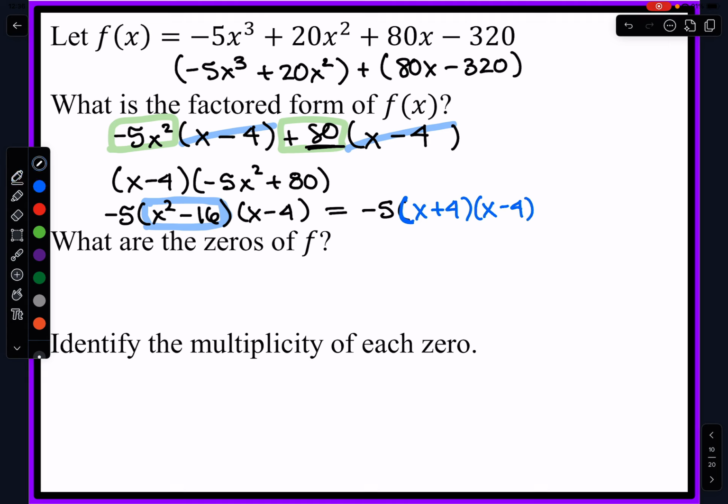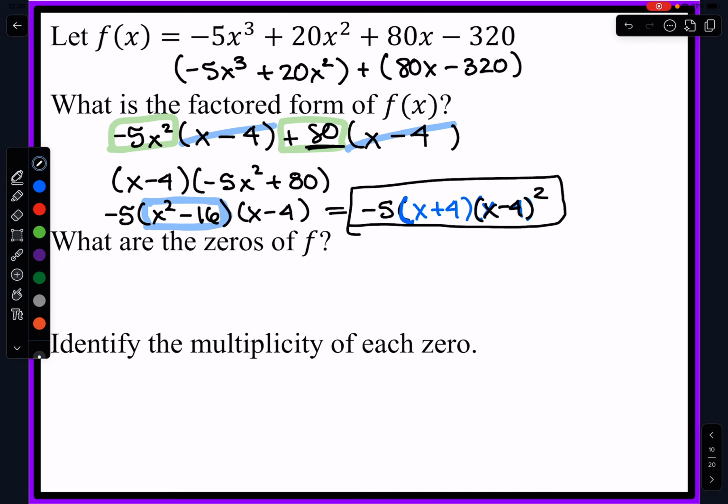And of course, I still have the x minus 4 at the end right there. Okay. Now, since these two are the same, I can write this as x minus 4 to the second power. So here is the completely factored form of this polynomial,